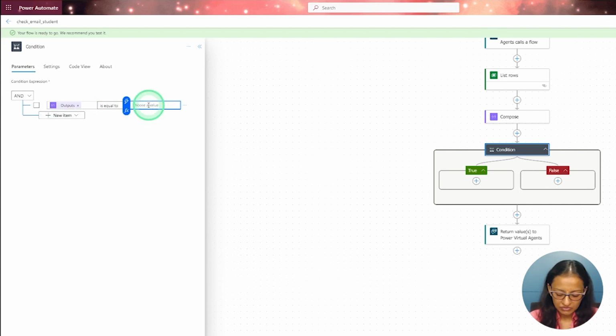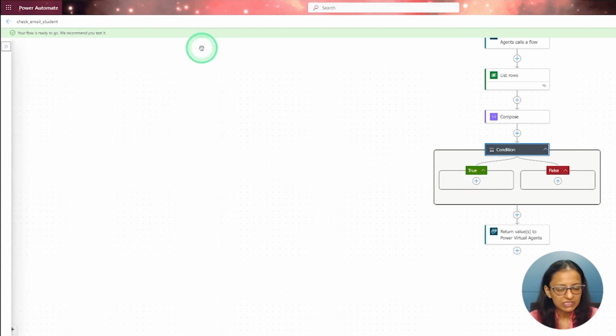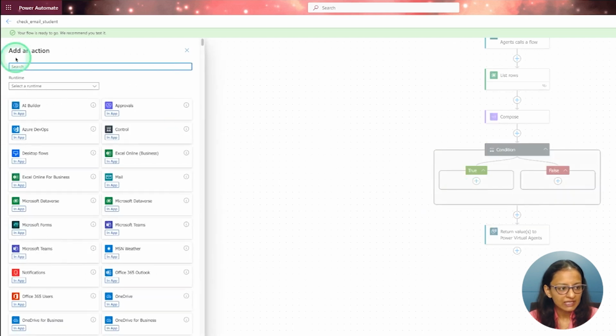Make sure that you are selecting the correct thing from these two. Okay, and here you need to write 0. 0 means it does not return anything. So if it is 0 then we are returning student is not there, and if it is not 0 then maybe student is there. So for that you just need to close this, and if the condition is true, that means we need to add an action called